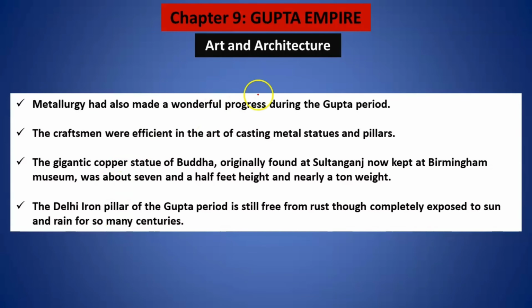Okay. Apart from this temple architecture, even metallurgy was very important. And obviously, the coins also show us a lot of great detailing which has been done. Another thing is, obviously, this Mehroli iron pillar, Delhi iron pillar, this is rust free. This we have already discussed. So this is a completely magnificent architecture what we see over here.